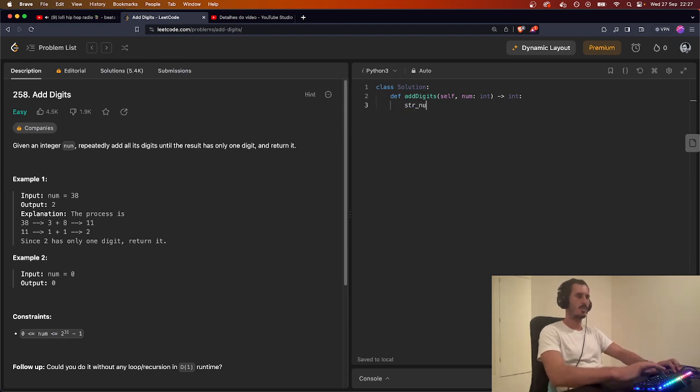Let's do string number, which is equal to, this is like the dumb way, I guess. There's probably like a very smart way to do this. Let's convert the number into a string, and while the length of string number is bigger than 1, we repeat this. So new number equals the sum